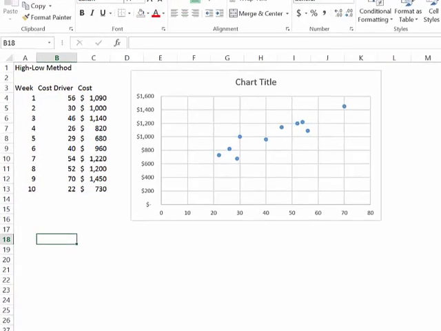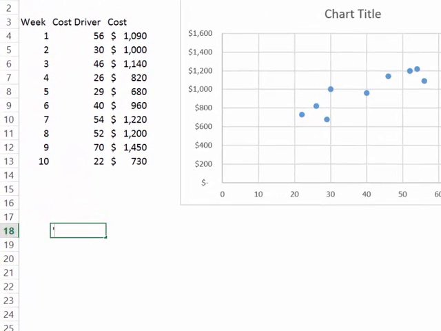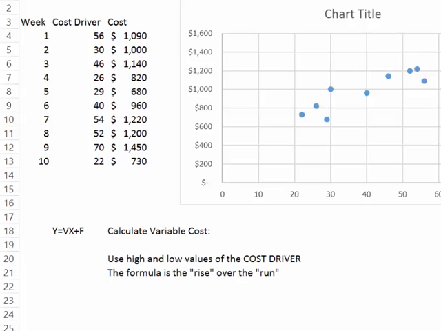So what we're trying to do is we're trying to come up with an equation that says y equals the variable cost, and remember the variable cost is the slope of the line, times x. X is our cost drivers, plus f, and that's our fixed cost. So there's the equation that we're trying to come up with, y equals vx plus f. The first step in this is to calculate the variable cost. You may be familiar with the idea of rise over run. Now what we need to do is we need to use the high and low values of the cost driver,